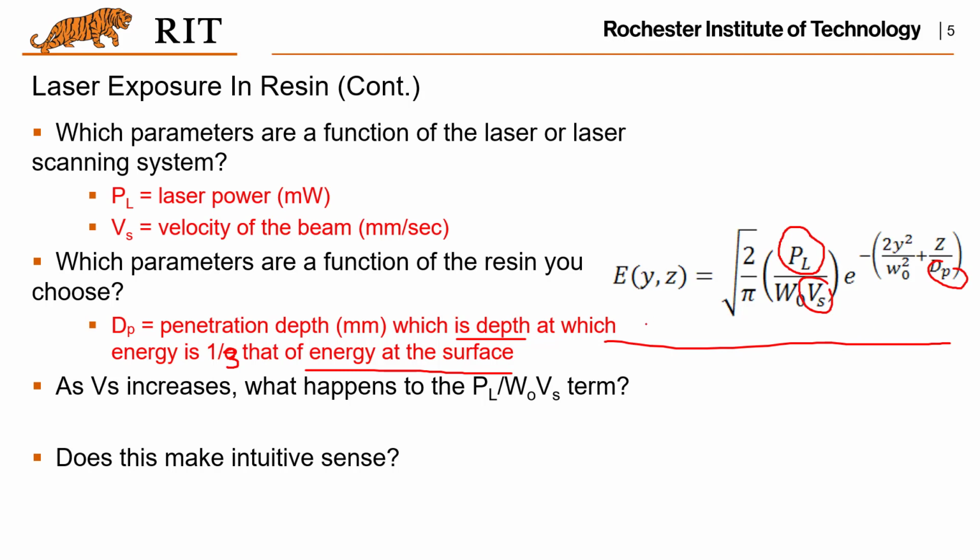Also, if we look at this equation again, and if we increase the scanning velocity, that means we scan the resin faster. What's going to happen? If this is larger, then the overall exposure will become smaller. So that means the laser exposure is smaller, which totally makes sense, right? If you scan it faster, the resin is not cured sufficiently, and it gives you a smaller